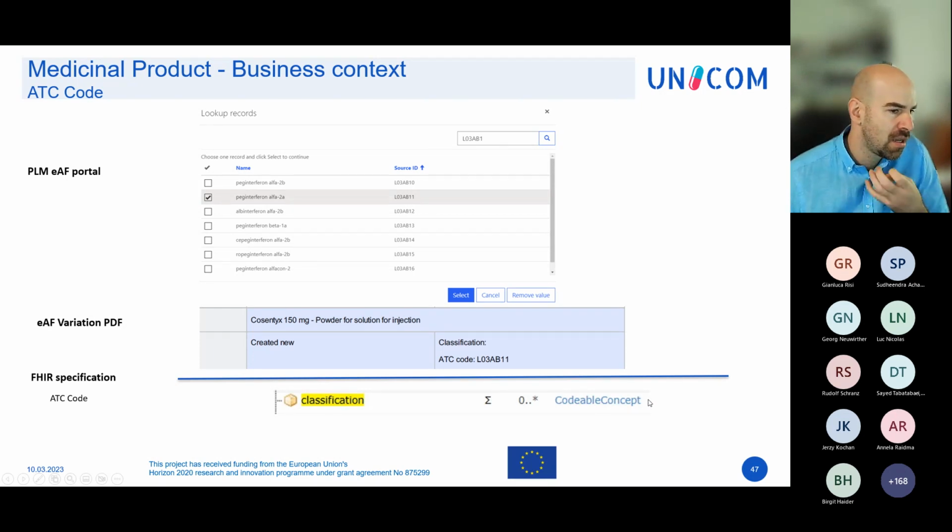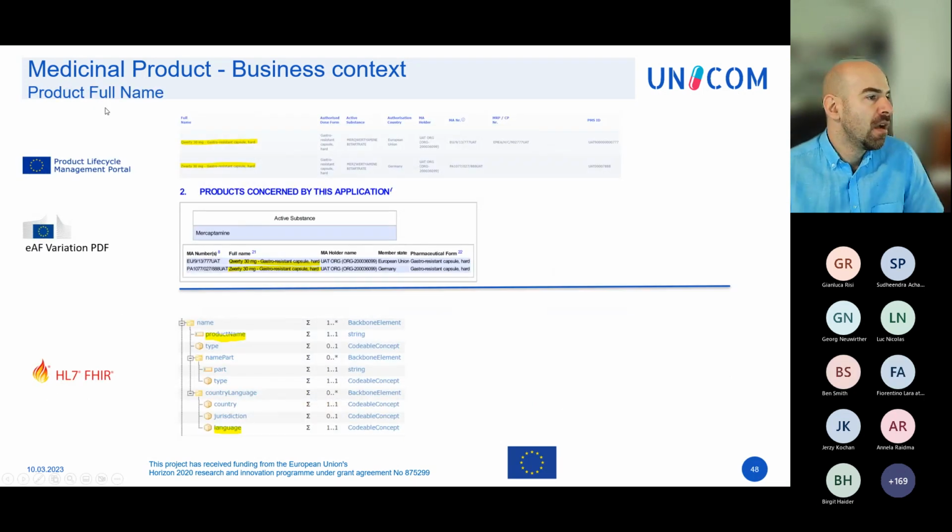Codable concept is just kind of, you can think of it as RMS term of a specific RMS list. Now, the codable concept will tell you which list and what the term is and what it looks like. In this case, it is the list ATC code human, and it has a specific ATC code and so on.